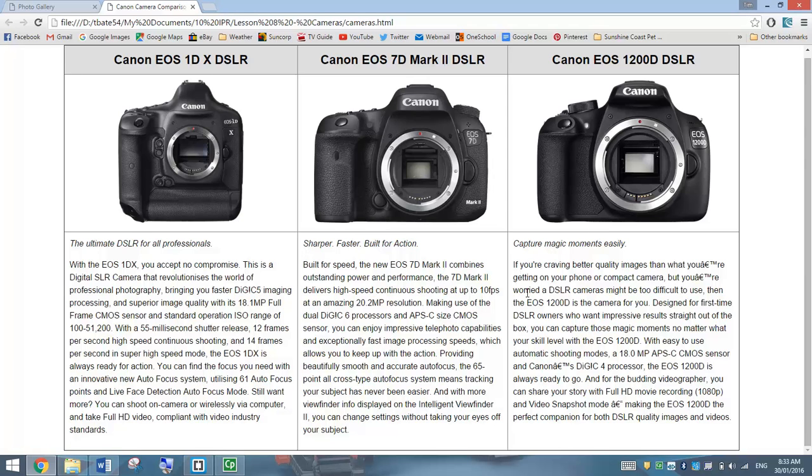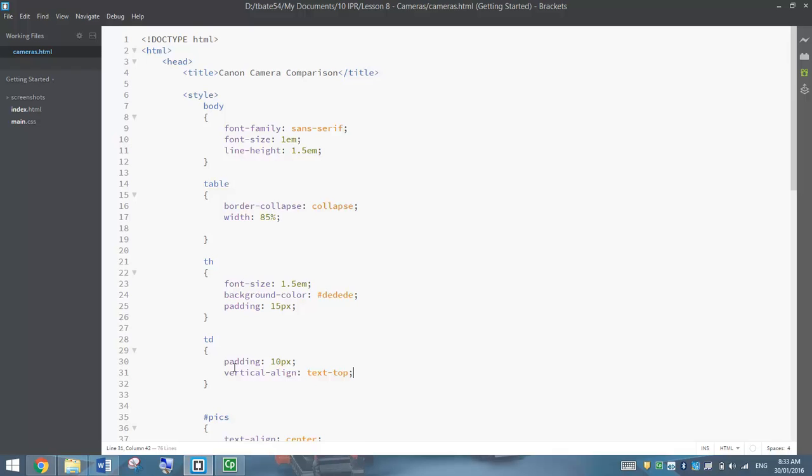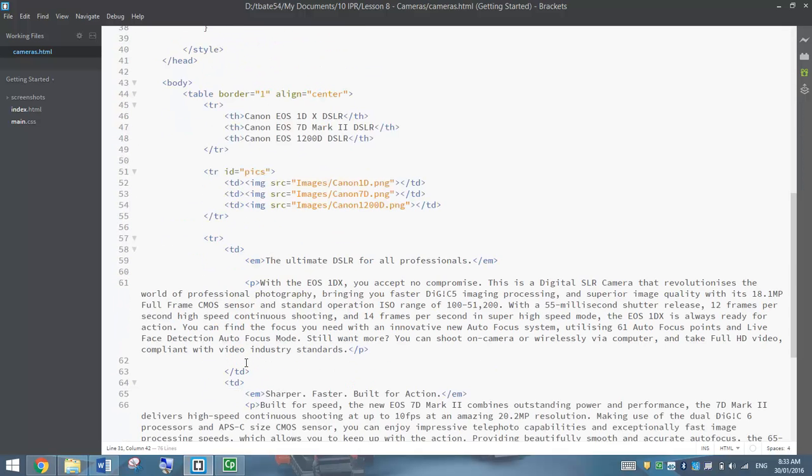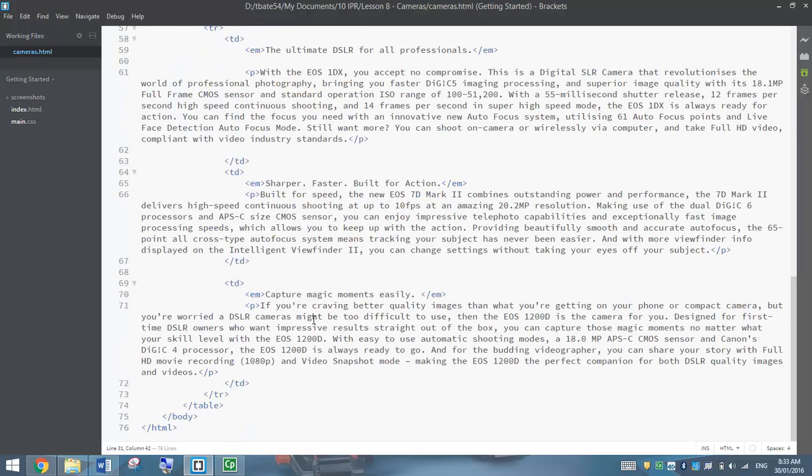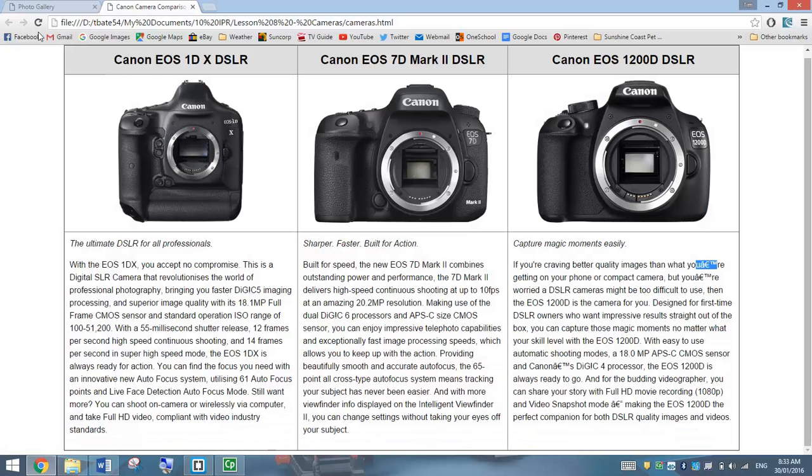The only last thing I can see that might cause a bit of an issue over here, we've got some funny characters going on in our text. That's because we copied and pasted a bit of stuff from Microsoft Word. So all you need to do is go over to your code, go right to the bottom, and find this 1200D camera here. It wasn't happy with this little quotation mark inside the word your, so just delete it and put in a quotation mark again, and you'll see that it slightly changes. We save it, refresh the page,